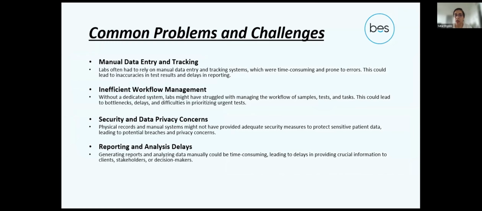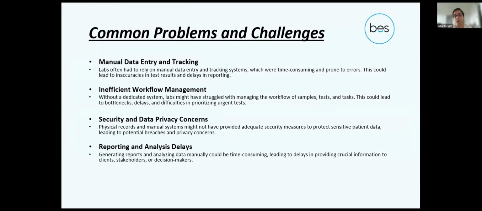In this slide, I would like to talk about the main challenges labs face when they don't have a LIMS system. One of the significant challenges labs face is relying on manual data entry and tracking systems. This process is not only time-consuming, but also highly prone to errors, which can lead to inaccuracies in test results and also delays in reporting.